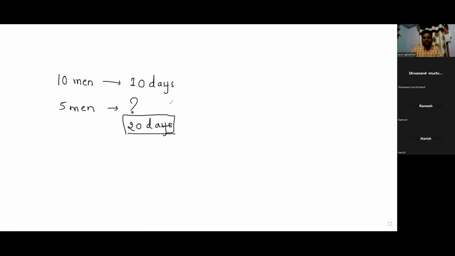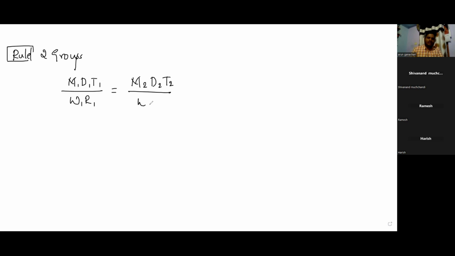This we are getting through a formula. Okay, so what is that formula? Write down the formula. If there are two groups, you can write it as a formula, also you can write it as rules. If there are two groups, then M1 D1 T1 divided by W1 R1 is equal to M2 D2 T2 divided by W2 R2,